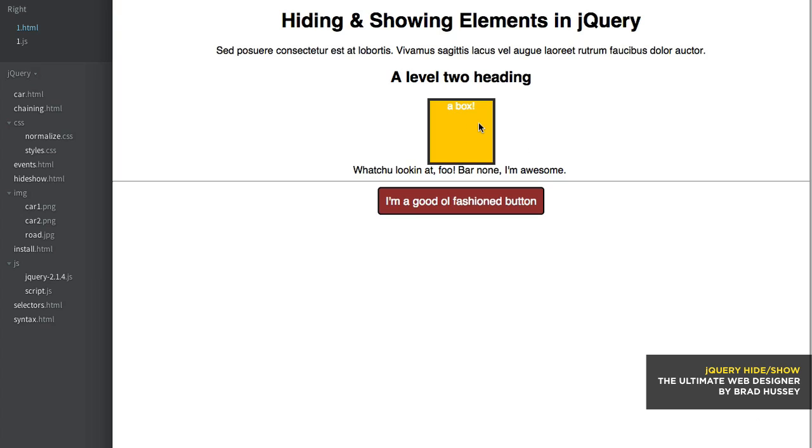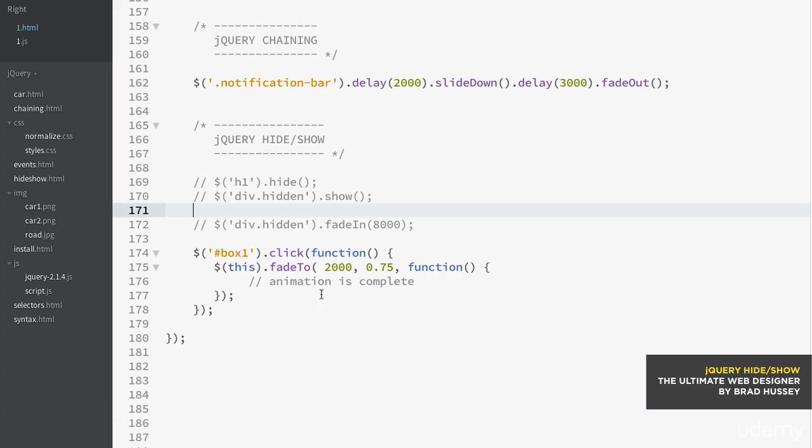Now I'm going to click it. You can see that it went down to 25% less opacity. So it went to 75%. So let's make that a bit more dramatic so you can see it happening a little bit easier. I don't know if it's easy to see on the screen there as a recording. So I'm going to go down to say,